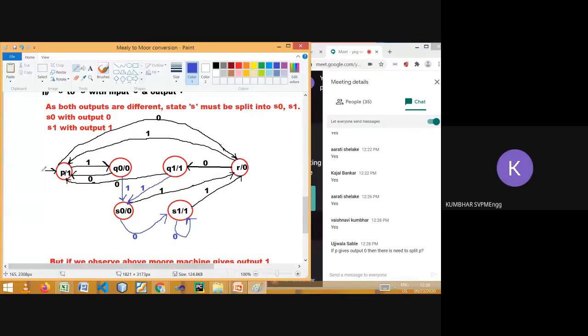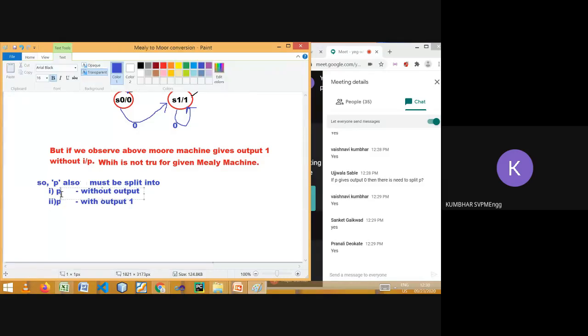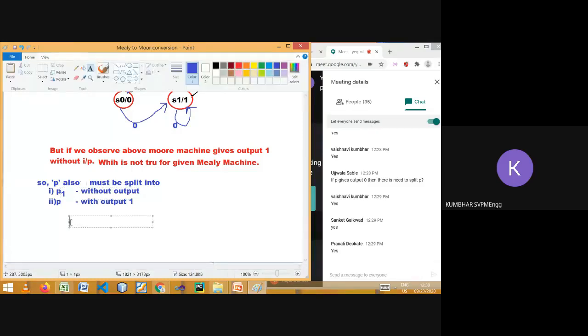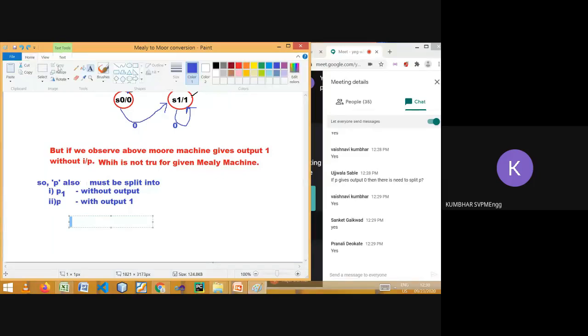You see that P epsilon and P1, these two states I am talking about. Let me correct here. One state will be P epsilon and another state will be P1. And like that the transitions will be. I hope if you concentrate, definitely you will understand the transitions.